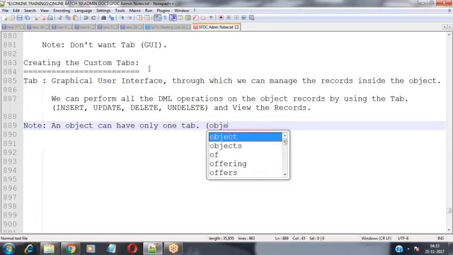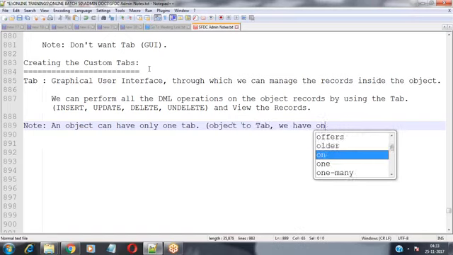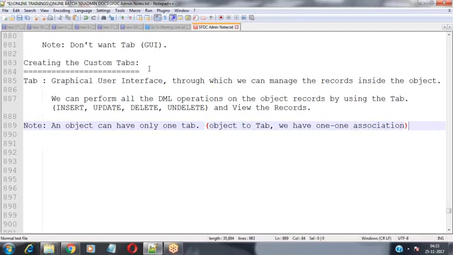Nothing but object to tab, we have a one-to-one association. An object can have only one tab, not multiple. Salesforce doesn't allow you to create multiple tabs for a single object.